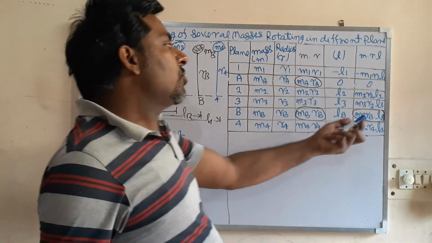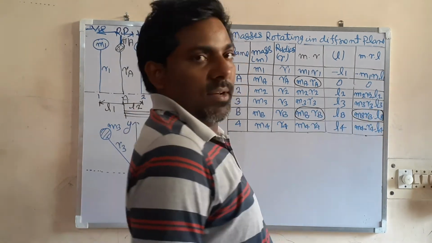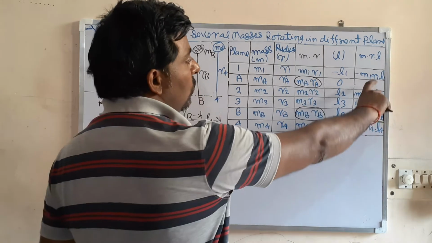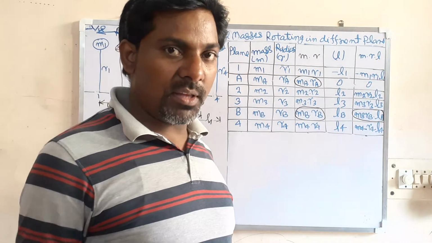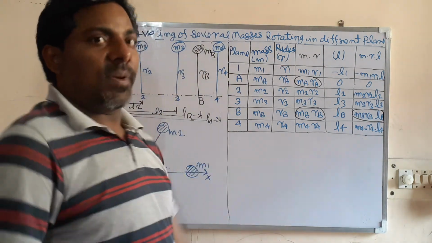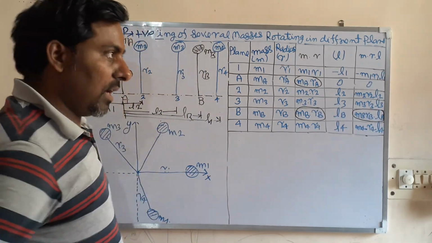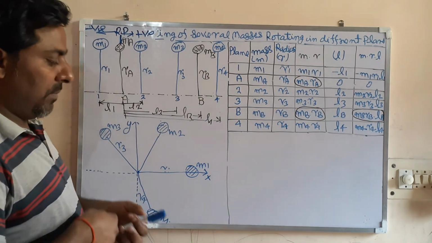Otherwise, also you will get one unknown here. So this will be very difficult to solve because there will be two unknowns here, two unknowns here. So that becomes very difficult to solve by the graphical method. That's why you choose the reference plane very wisely. I have given the concept of how to choose it. So that is the benefit of that.